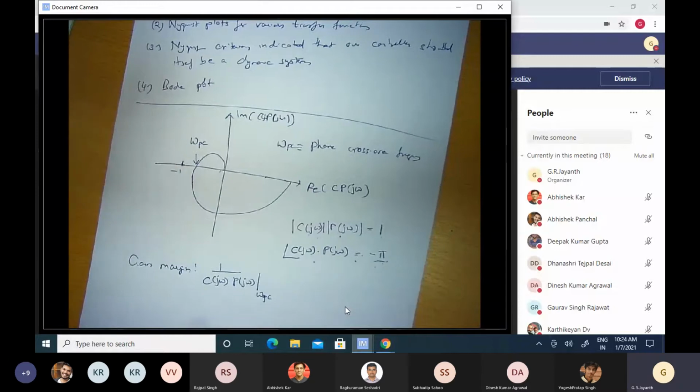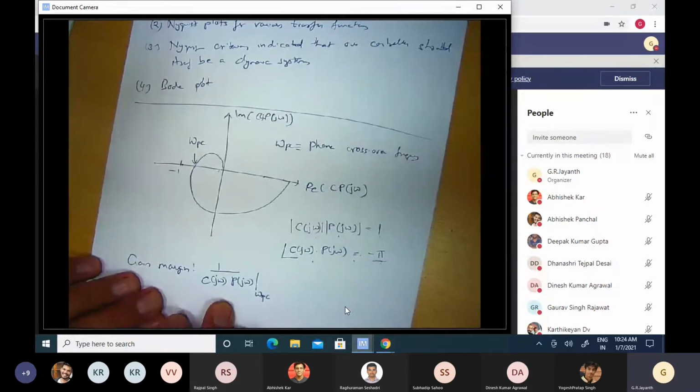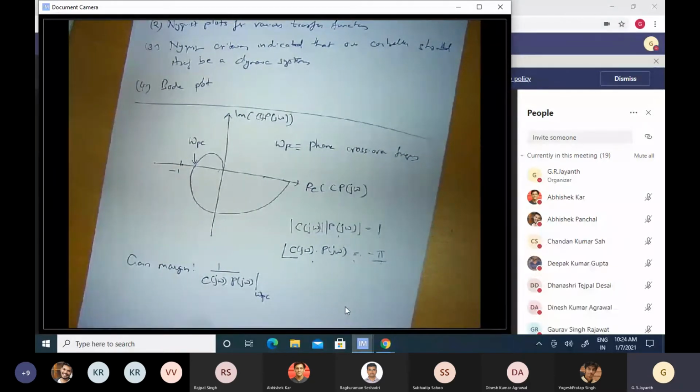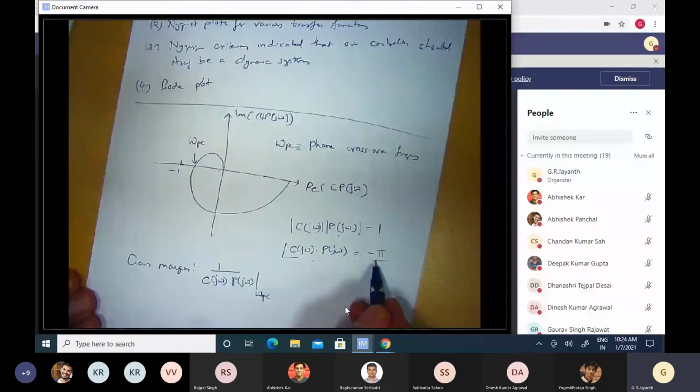Okay, so the larger this number, the greater is the gain by which I can amplify before I start to encircle the point -1, and therefore the more stable our system is. So this is one important metric that will help us capture how close we are to instability. The second important metric is how far away we are from the point -1, how far away we are from the phase minus pi when the gain itself is equal to 1.